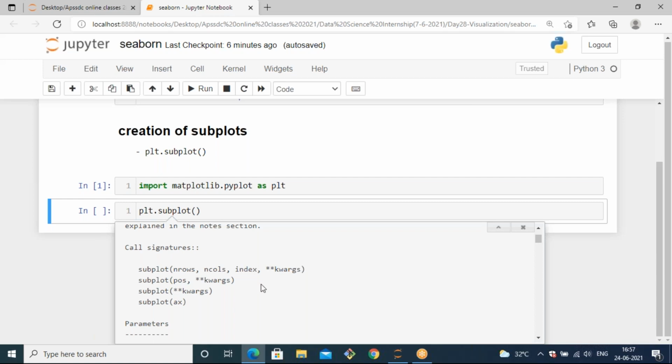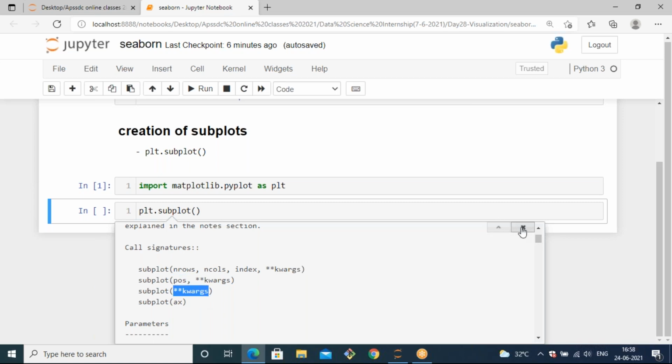This position you can call the index. Also you can see here the subplot of position, you can specify just one. It is not mandatory to specify three arguments. If you mention a single argument, it will be considered as the position or index. And then double star keyword arguments.